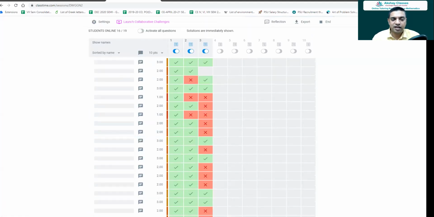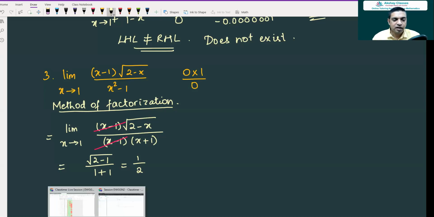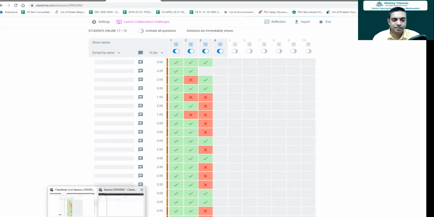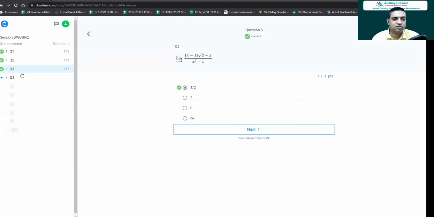So I hope, as I'm solving here, you take down the solution. Even if you have solved correctly, I may give some different nuances, so you should take that into account. So next, the fourth question. Next, go to the fourth question.